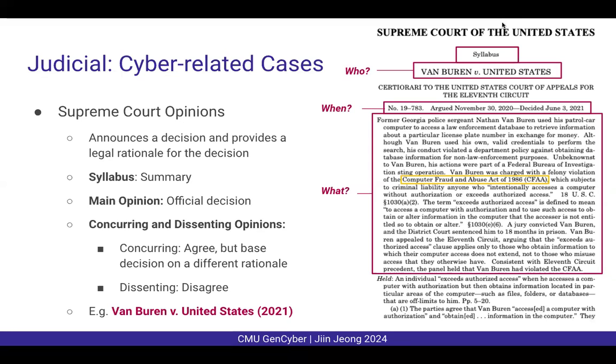So this case is actually about the Computer Fraud and Abuse Act of 1986, CFAA, and what the terminology "exceeds authorized access" means in CFAA. So CFAA we will discuss slightly later when talking about statutory law. But feel free to go into this document more in detail and discuss with your classrooms about what you think of this case.